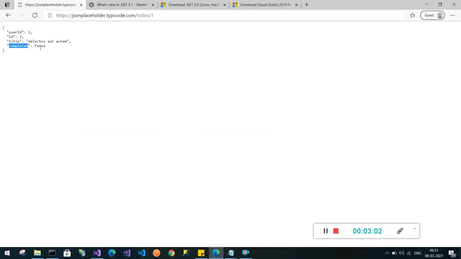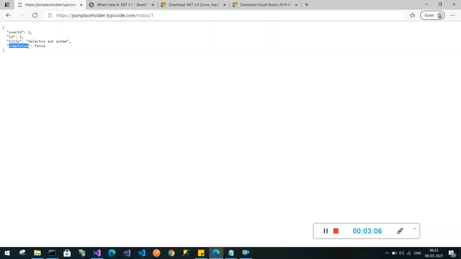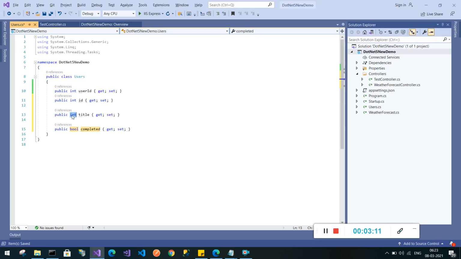This is a boolean type, and the others are string type, title is string type. So now our model is ready.